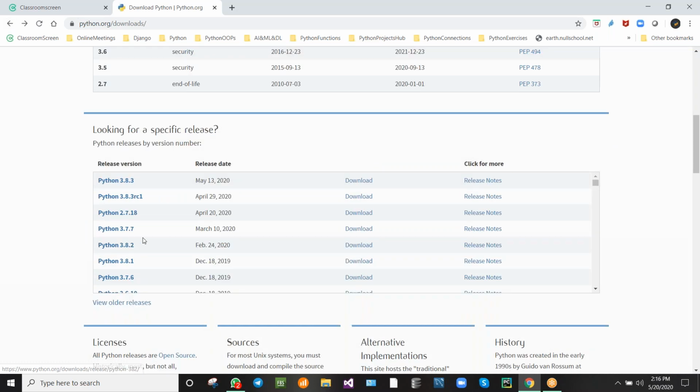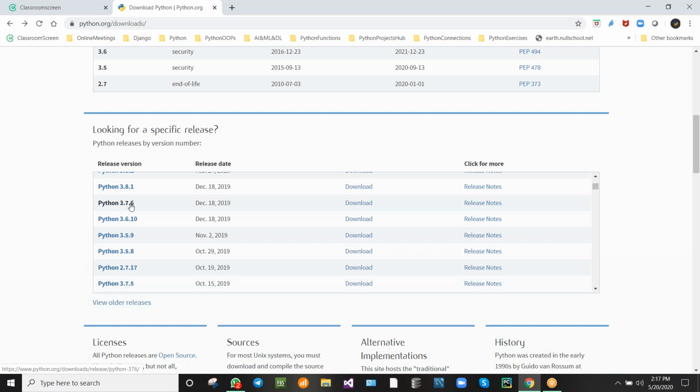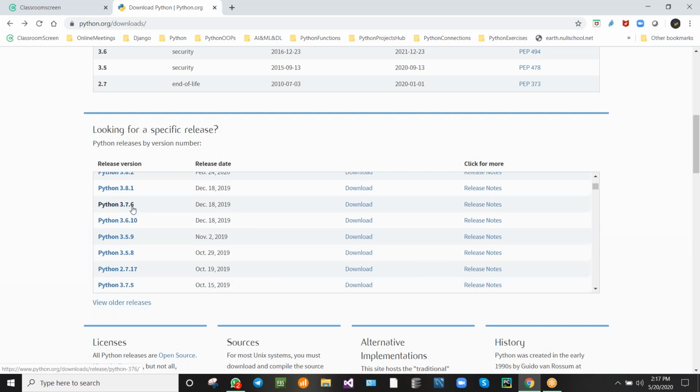After that, the upgrade after 3.7.4, isn't it? After 3.7, the version is 4, isn't it? We need to check with 3.7 and the latest update. 3.7.7 is the latest version, March 10th, 2020.